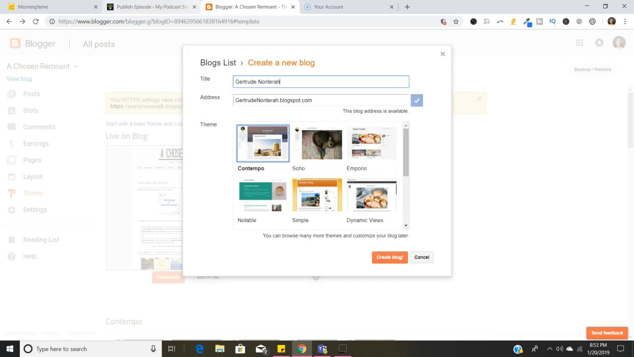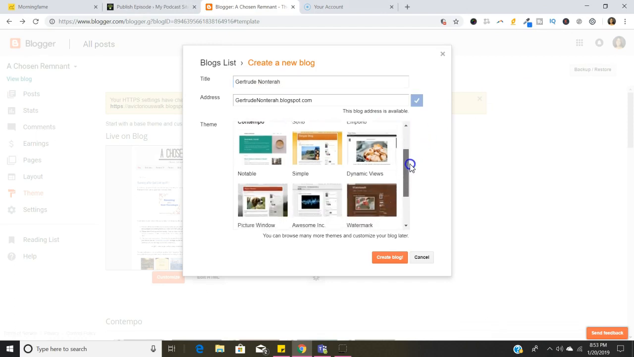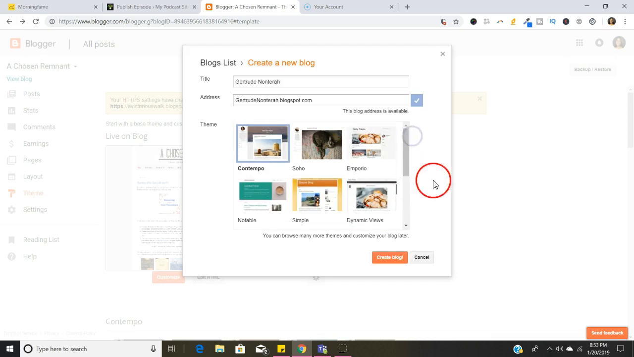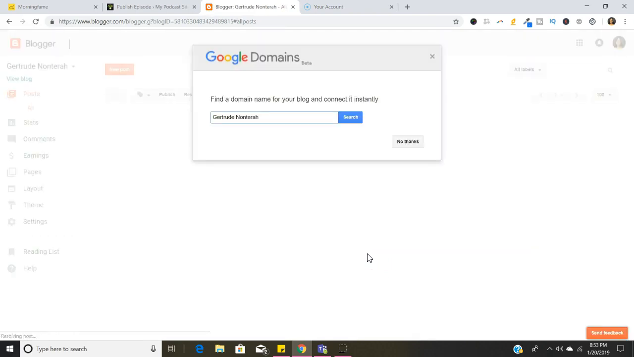All right, so you can go ahead and do that, and then you can choose a theme. It doesn't really matter what theme you choose here in the beginning, as long as you choose something so that you can get started. So we'll just go with this one, Contempo, that they've chosen for us, and we'll say create blog. Okay, all right, so once we do that, it's going to load up and we will be able to start